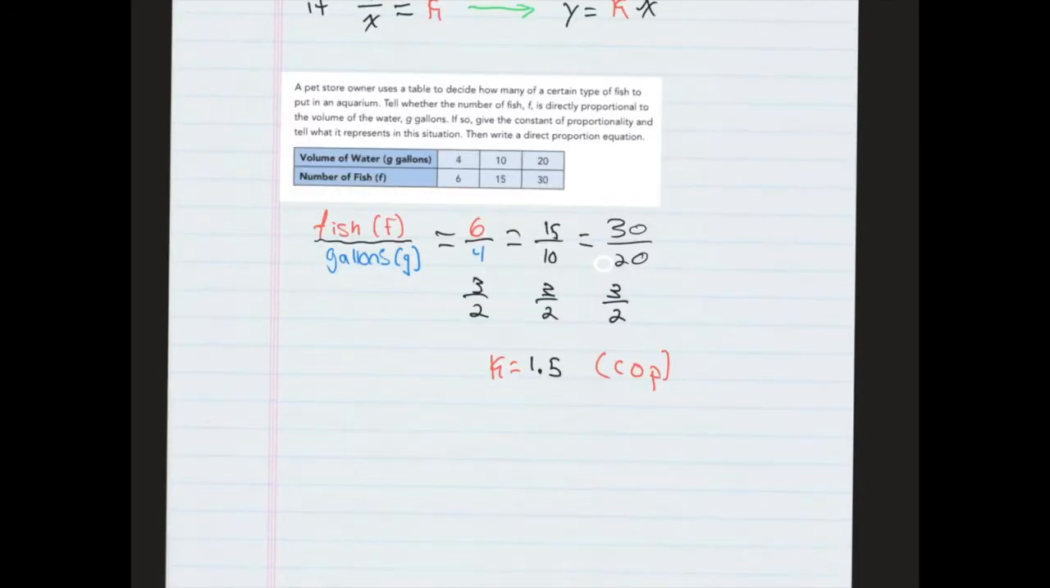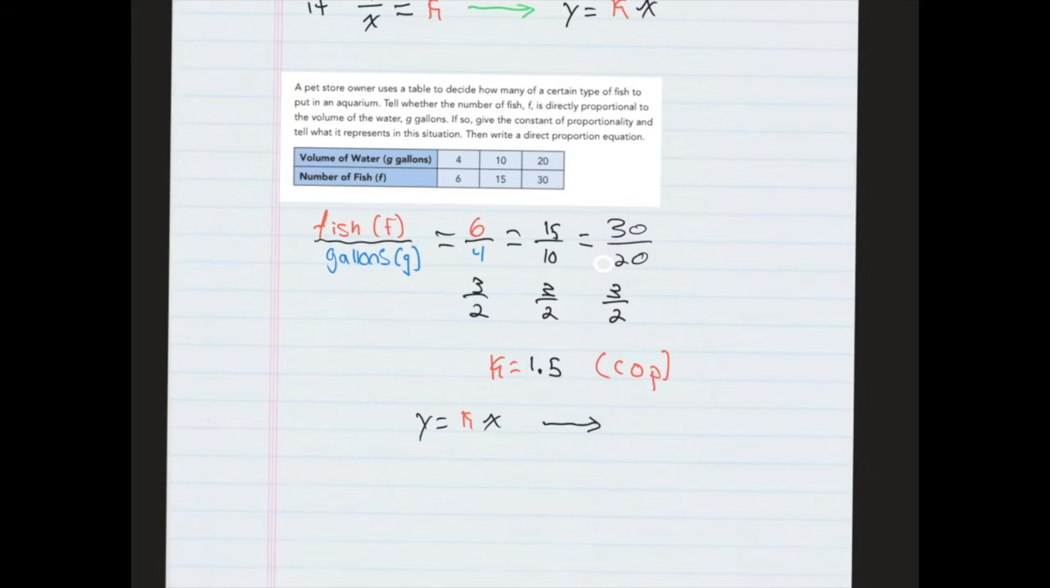And so now we're asked to write a direct proportion equation. So we have the two variables f and g. Remember, our direct proportion equation is y equals k times x. In this case, we don't have y, we have f, and we don't have x, we have g. So what we're going to say is that